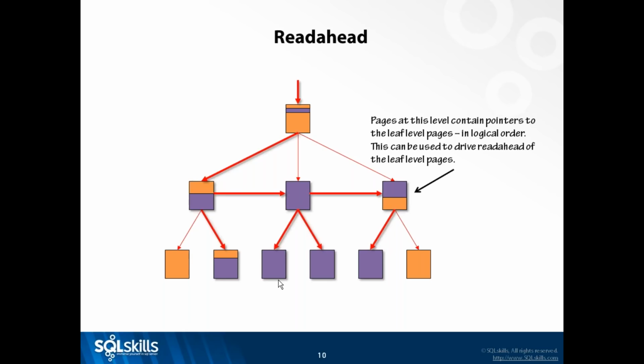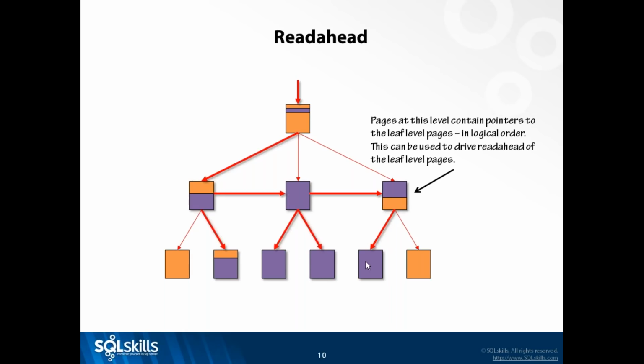So how does SQL Server try to avoid having to do these single page reads? It uses a mechanism called Readahead. The idea is, as the thread is scanning, imagine this is many tens of thousands or millions of pages. As it's scanning through this leaf level, it wants to make sure that these pages are there in memory in the buffer pool when the scanning thread says, hey, get me this page. In that case, this thread just continues. So how does it do that?